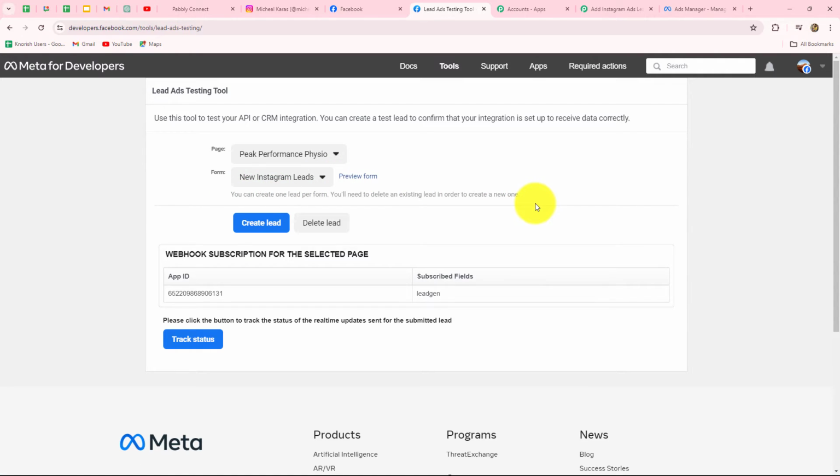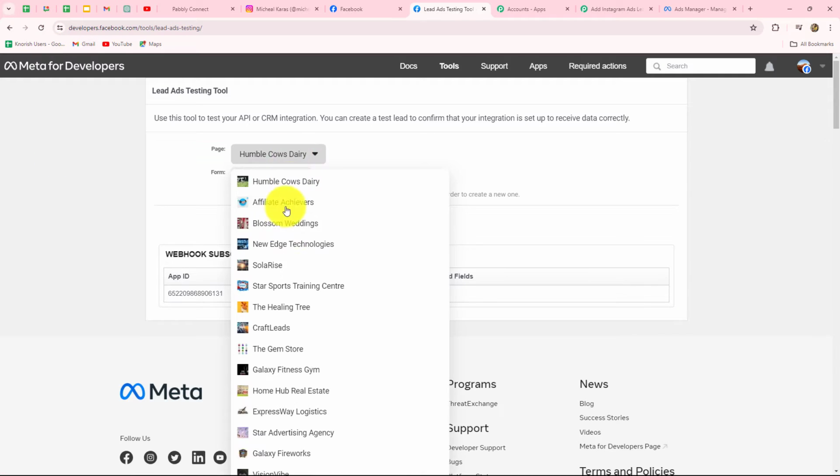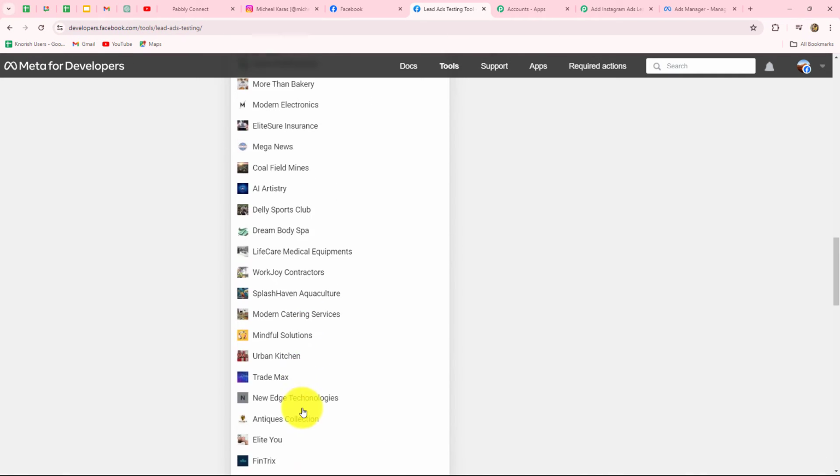It is given very clearly that you can create one lead per form. In order to create a new lead, you will have to first delete the existing lead associated with this particular form. So I'm going to click on this delete lead button, and we can see that the lead is deleted. Now we are going to refresh this page once so that the new form can open. So once again, I'm going to select my page